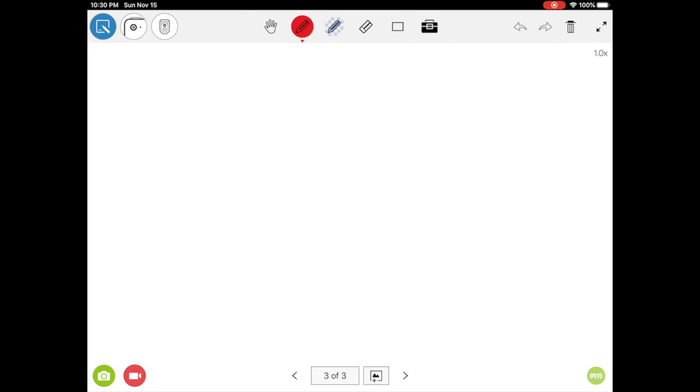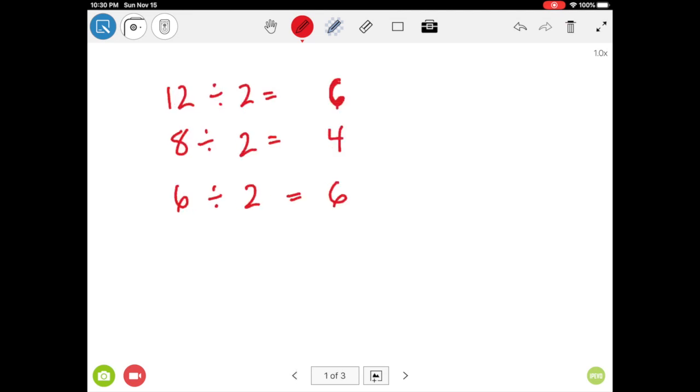Now we just looked at how we might use a model when we're dividing a fraction by a whole number. Next, I want to show you there's another method for doing this as well. And before I show that to you, I just want to review some basic division, right? So we know that 12 divided by 2 is 6. 8 divided by 2 is 4. 6 divided by 2 is not 6. It would be 3. And so what I want you to notice here is when we are dividing a number